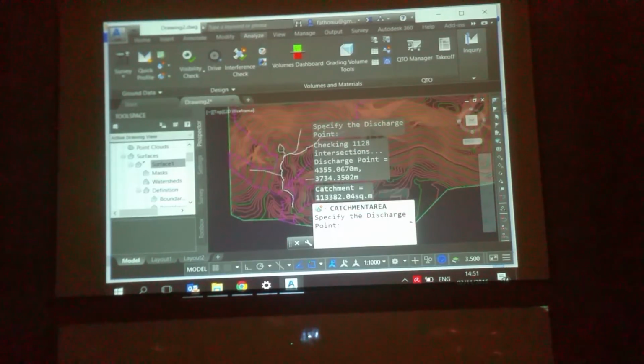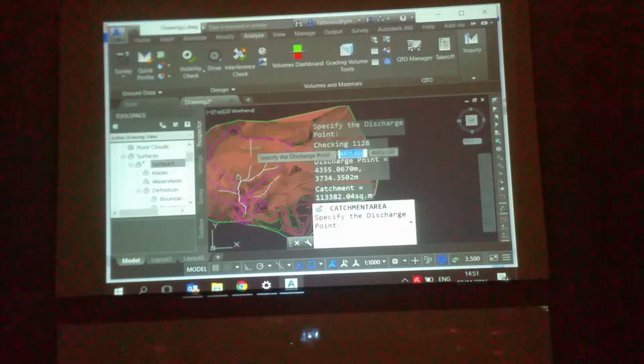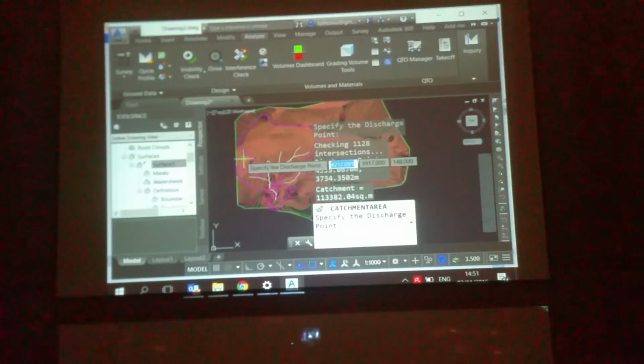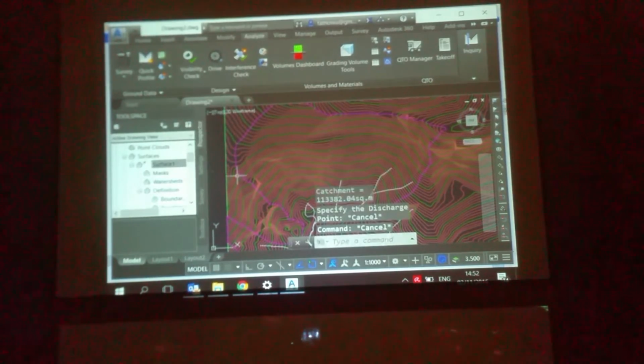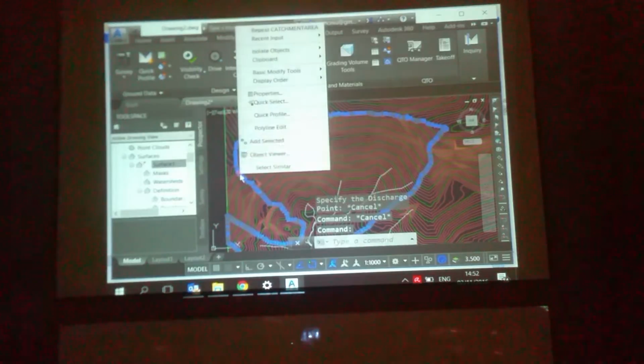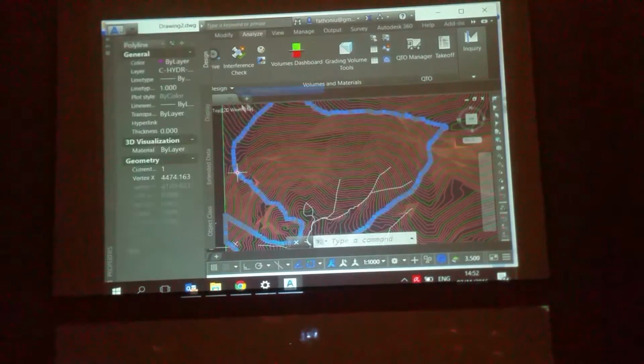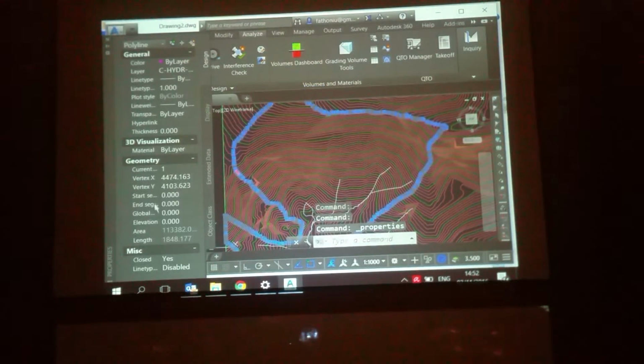You can see here, all this area will be coming to this very big area. So then you can determine the size of this area by clicking this line, right click, and then properties give you the area, start and global elevation area.